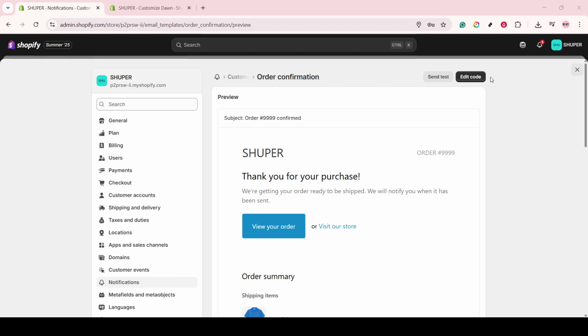With these simple steps, you've successfully set up and customized a confirmation email in Shopify. This ensures your customers are well informed and reassured after making a purchase, which goes a long way in fostering trust and